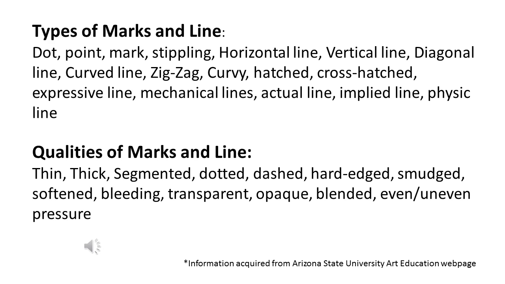The qualities of marks and lines could be thin, thick, segmented, dotted, dashed, hard-edged, smudged, softened, bleeding, which means it would go right off the page, transparent, which would be like see-through, opaque, which means you cannot see through it, blended, even or uneven pressure. Types of line drawings: